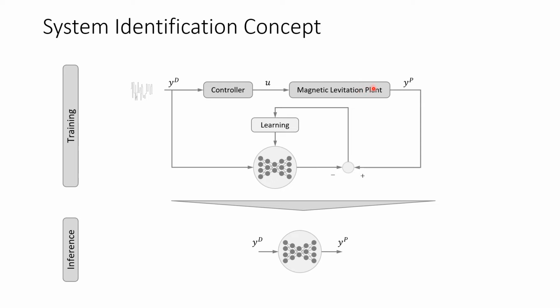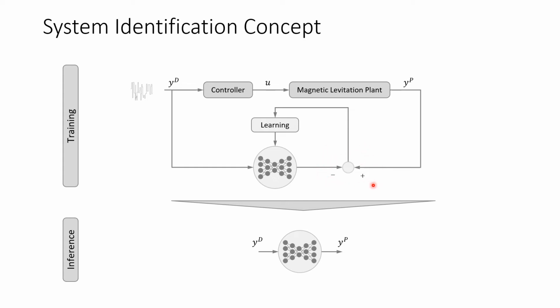Then we get the output of the plant, YP, and we want the network to output the same YP as here. So in the training procedure, we give the same input, the desired YD, to the controller, and simultaneously or offline with collected data, we feed it to the neural network, and then we compare the result of the neural network with the actual result